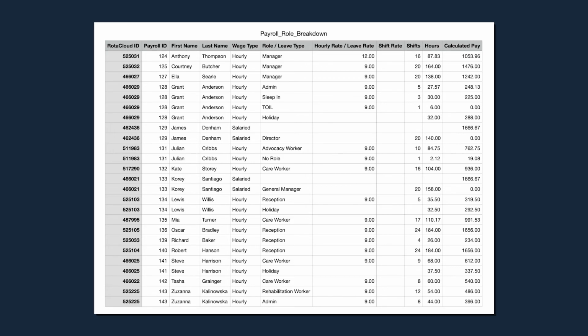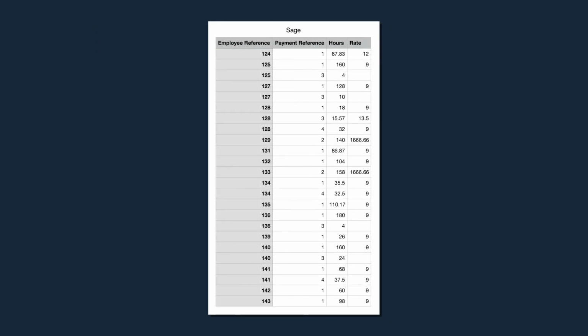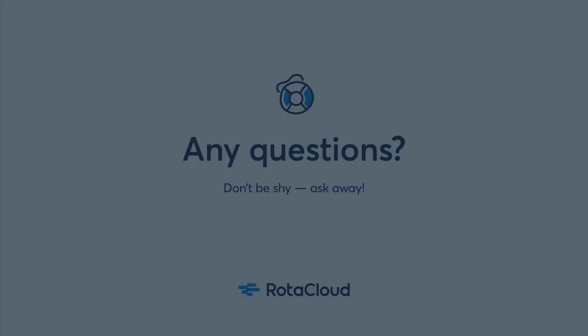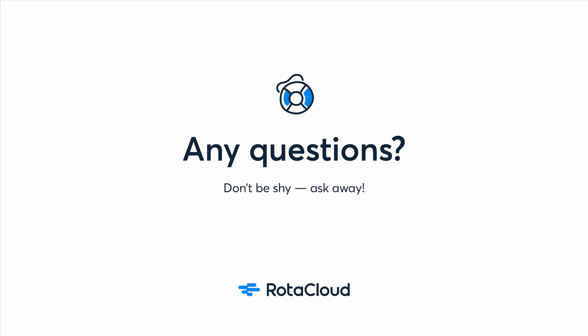If you use Sage 50 as your payroll software, we have reports specifically built to be used with it. Using RotorCloud alongside Sage 50 requires you to add your pay elements from Sage to your account, so RotorCloud can create a report that'll import straight into Sage 50 with no hassle. If you'd like more information setting this up, please take a look at the Sage 50 section in our help articles. And there you have it. That's the full payroll process you'll do in RotorCloud each period.